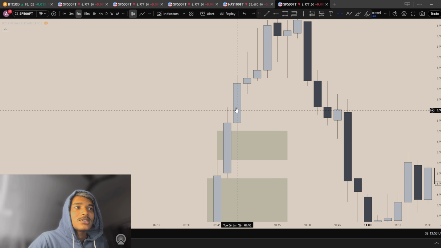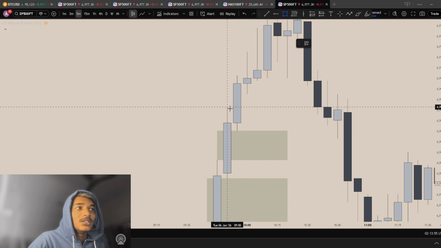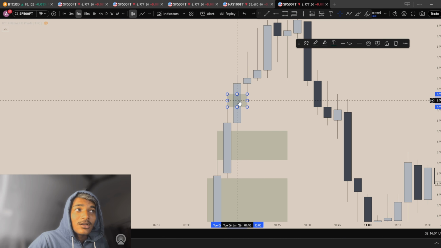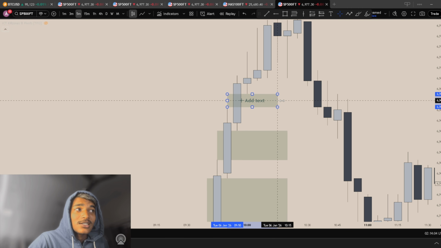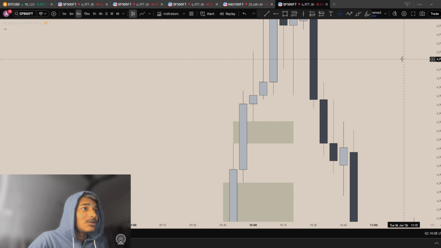Then as we move up, see there, this is the first candle, this is the second candle, this is the third candle. So wick of first candle plus wick of third candle. Is there any gap? Yes, here is a fair value gap. Now as we move up,